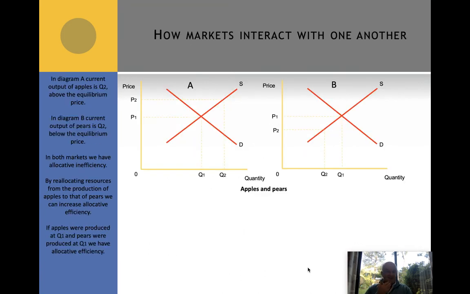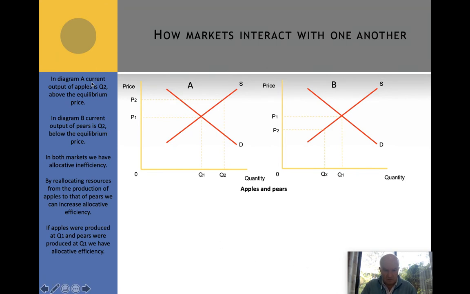Now let's take a look then at, so that's really about market orientation and how that allows us to hopefully produce the goods and services that our customers want, and that is likely to be more allocatively efficient in principle. Okay, now let's have a look at where markets might interact and how that might have an effect. So we've got a situation here where we've got the market for apples and pears. Okay, so diagram A,